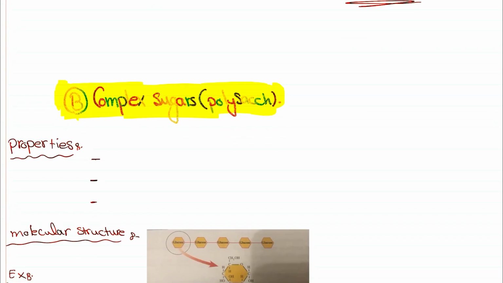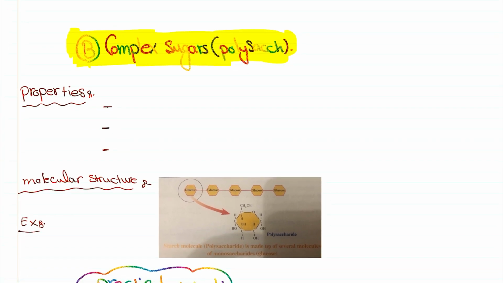The next point, complex sugar. Complex sugars, we said, are polymers. What do we mean by polymers? They are formed of monomers which are combined together to form a long and huge molecule called a polysaccharide. What are the properties? If you remember the properties of mono or simple sugar, these will be completely the opposite. In simple sugar, we said they are soluble in water, but these are insoluble. What about the taste? The simple sugars are sweet, but these are